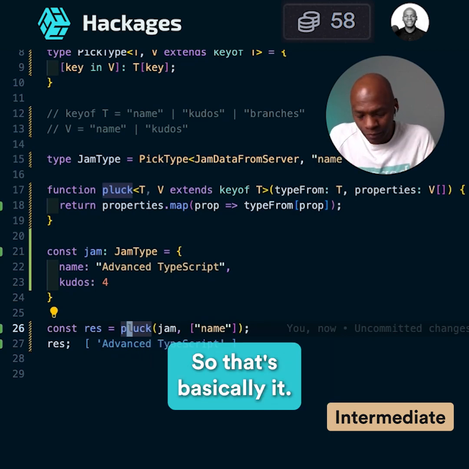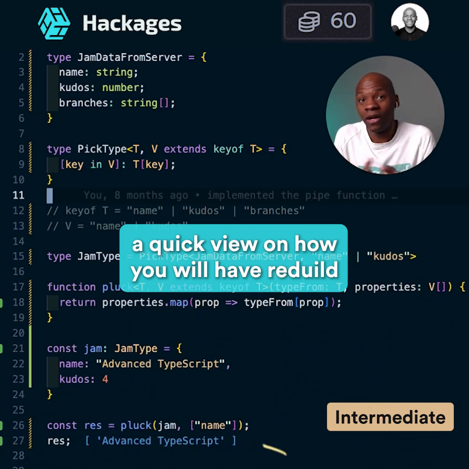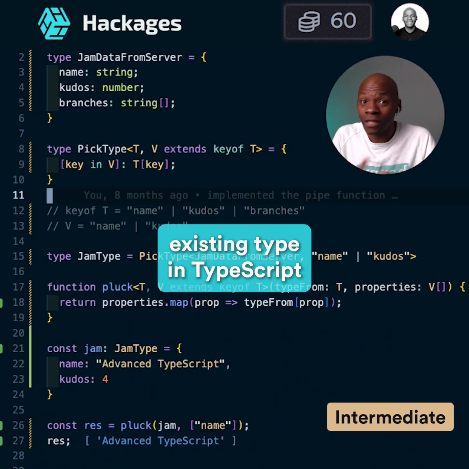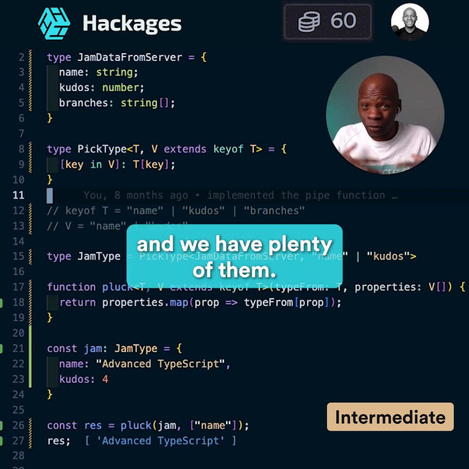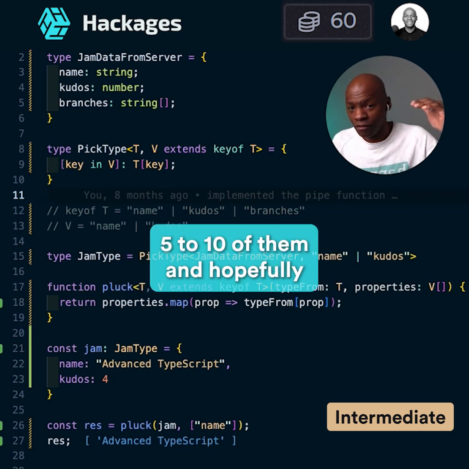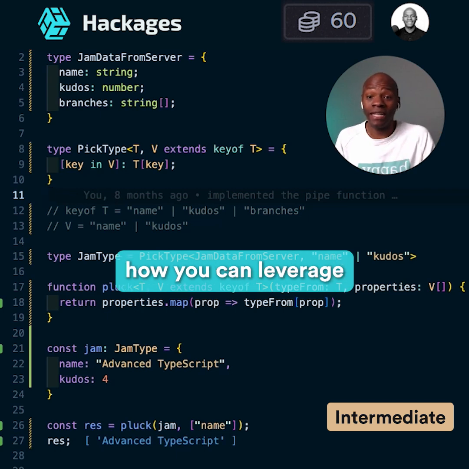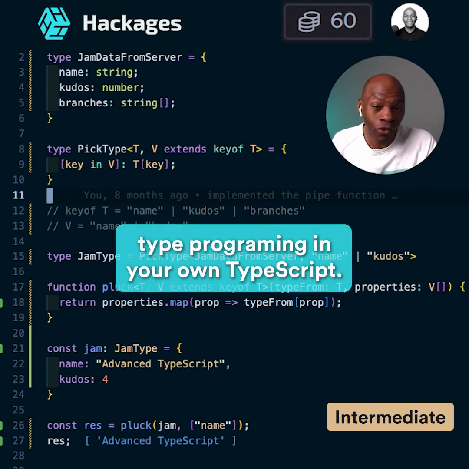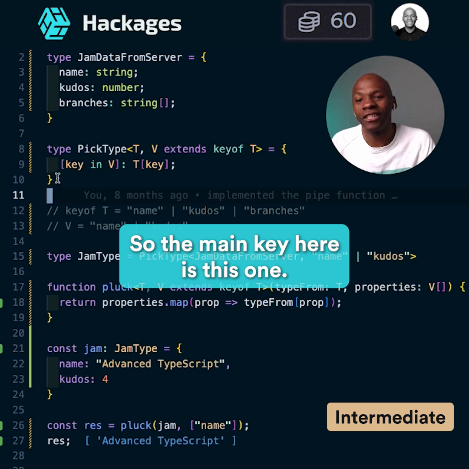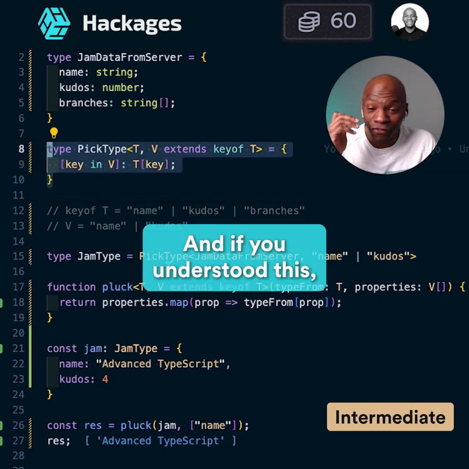So that's basically it. And this is a quick view on how you can rebuild existing types in TypeScript. And we have plenty of them. I'm going to dive into five to ten of them, and hopefully by the end of this series, you will understand how you can leverage type programming in your own TypeScript, right? So the main key here is this one: how would you write this? And if you understood this,